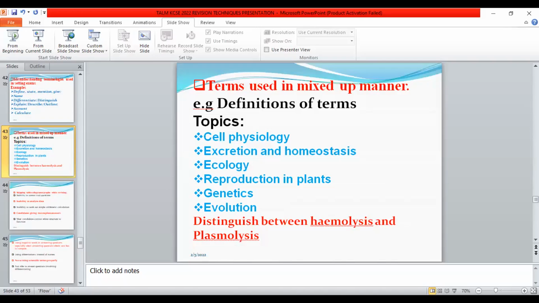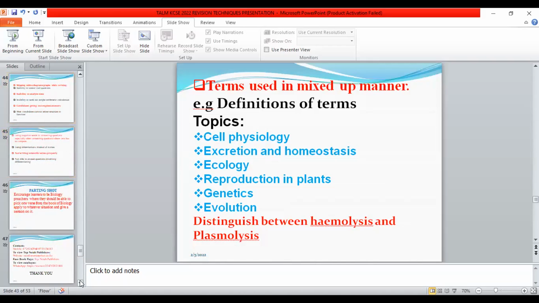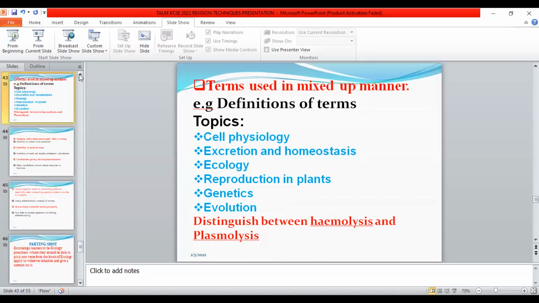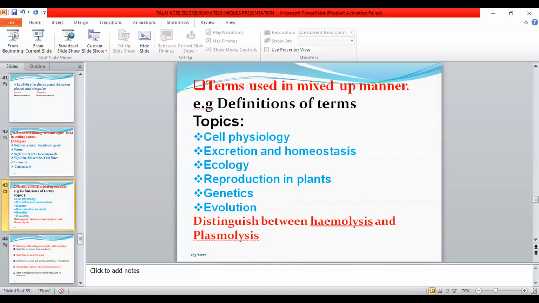Simple definition like osmosis. If you take time and give your candidates this particular question, you'll be shocked to see what they are giving, because like in hemolysis, there are certain key ones that the candidate must capture in order to score the mark on hemolysis. That one, the candidate must talk about the red blood cell. It is the one that is hemolyzing. Any other animal cell will not hemolyze, which therefore means that if the candidate response does not contain the term red blood cell, marking stops there on the definition of hemolysis.